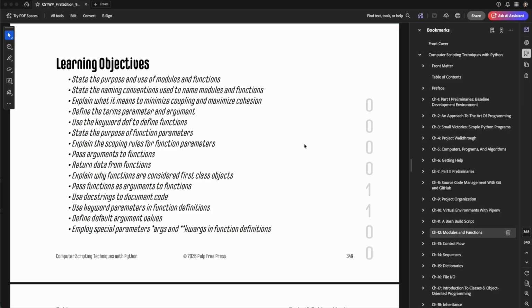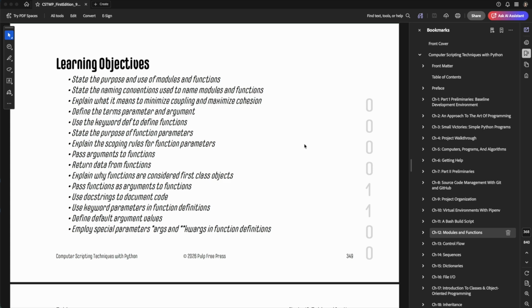Learning objectives state the purpose and use of modules and functions, state the naming conventions used to name modules and functions, explain what it means to minimize coupling and maximize cohesion, define the terms parameter and argument, use the keyword def to define a function, state the purpose of function parameters, explain the scoping rules for function parameters, pass arguments to functions, return data from functions, explain why functions are considered first-class objects, pass functions as arguments to functions, use docstrings to document code, use keyword parameters in function definitions, define default argument values, and employ special parameters, star args and star key args,